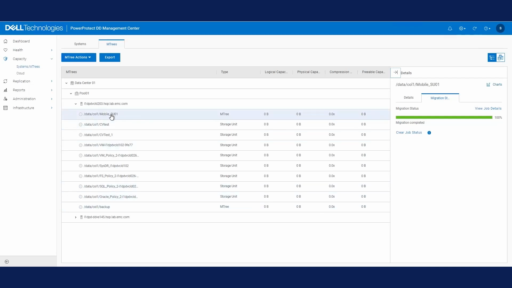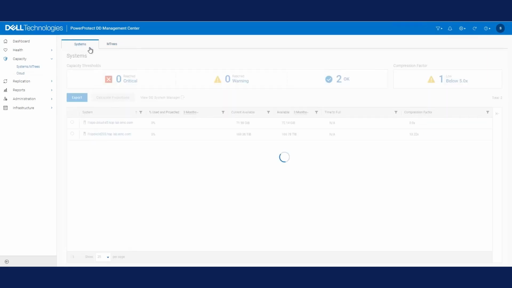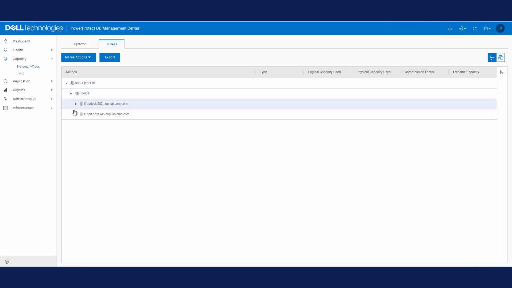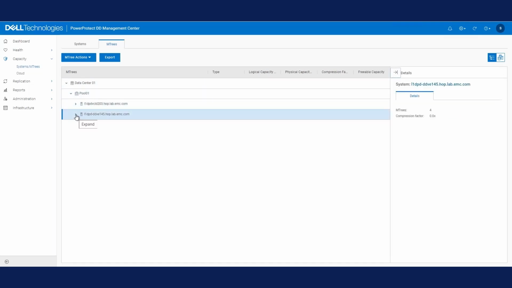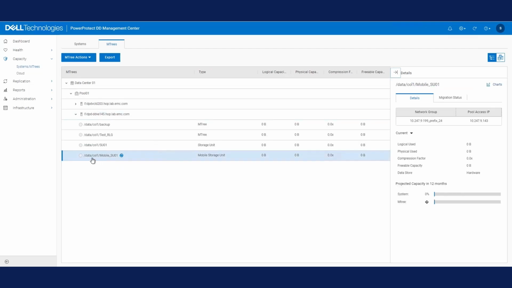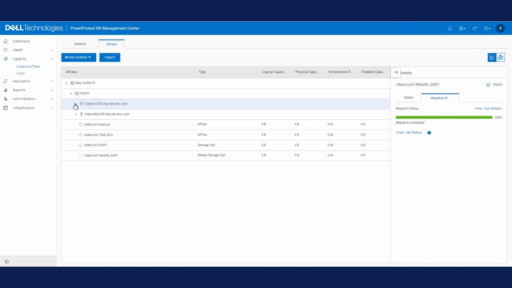If we go back to our systems, we will just refresh and go back to our managed systems to check where our mobile storage unit is now. It should be under DDVE. We are expanding our DDVE now, and yes, it is available and seen over here under DDVE, and it shouldn't be present anymore under DD9410.